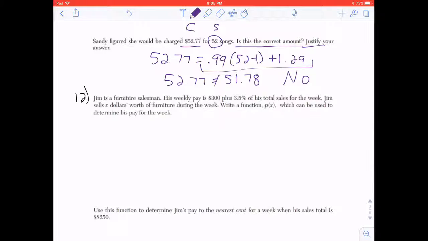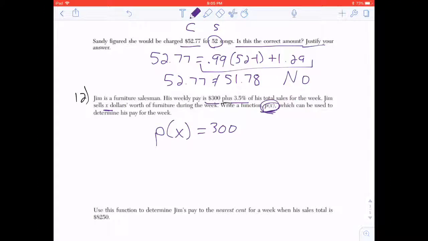Number 12, Jim is a furniture salesman. His weekly pay is $300 plus 3.5% of his total sales for the week. Jim sells X dollars worth of furniture during the week. Write a function P of X that can be used to determine his pay for the week. So we have to again use P of X in this case, not X or Y. P of X equals